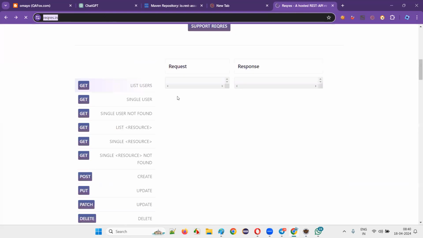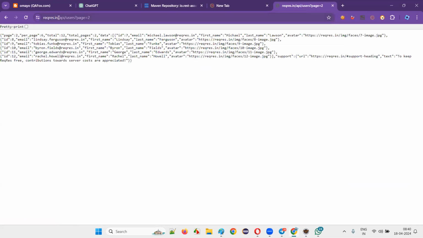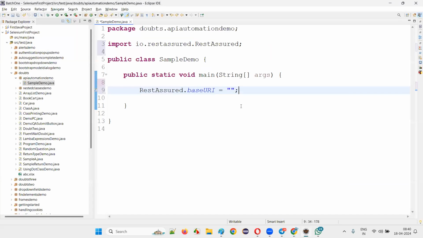If I go back here, this is an extra URI. /API users is an extra thing. But what is the base URI? If I click on this, whatever comes before /API, right? That is the base URI. Copy that base URI and paste it here. And now